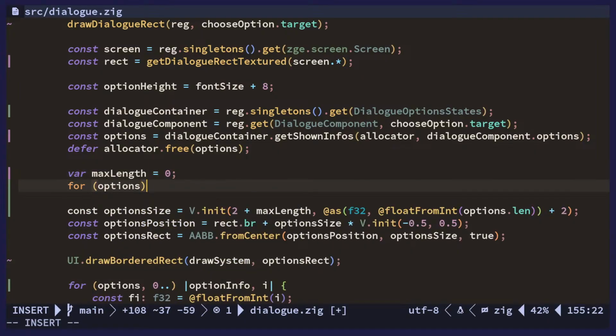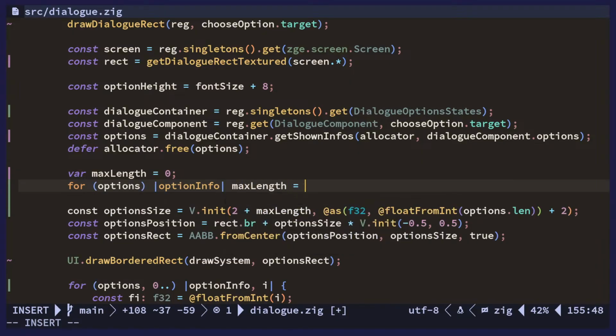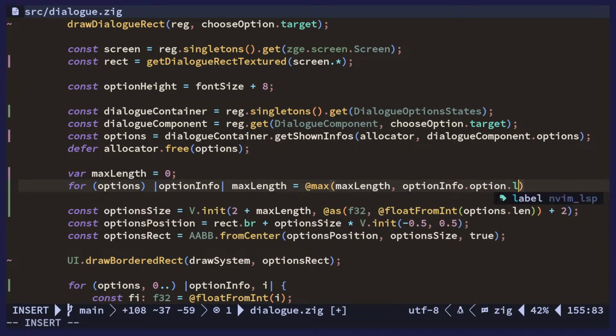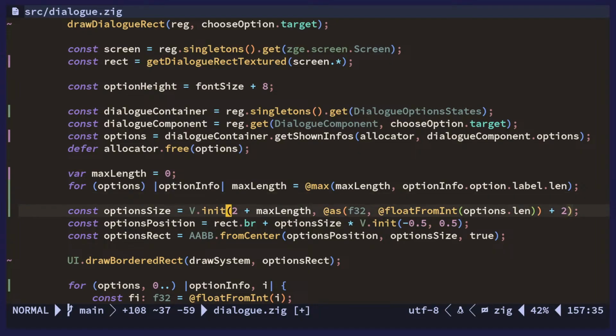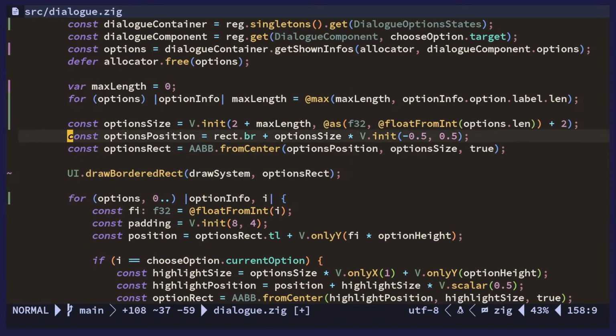We're going to go through all the options and we're going to say max length is equal to the minimum, no, the maximum of max length and option label length. Okay, so then we're going to find the maximum length from this list. We're going to use that as the size of the options rectangle, and then